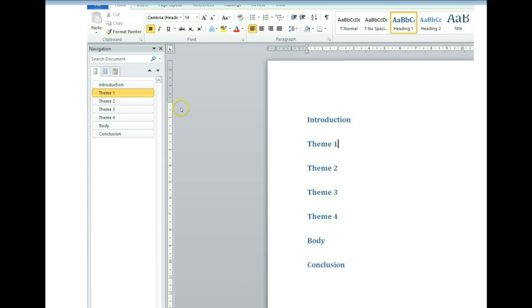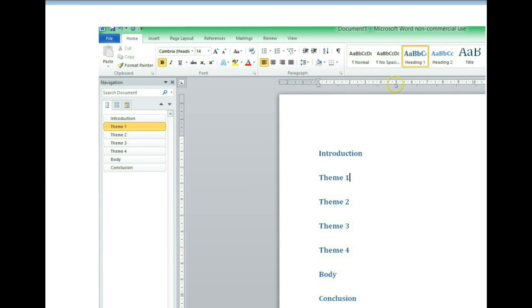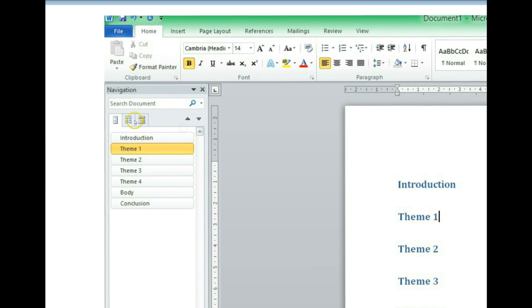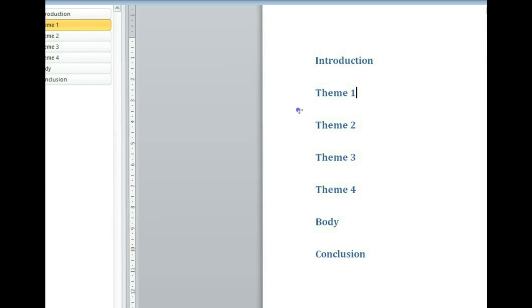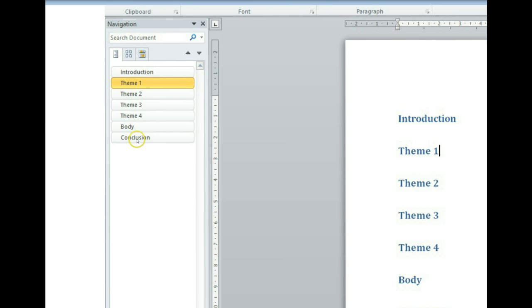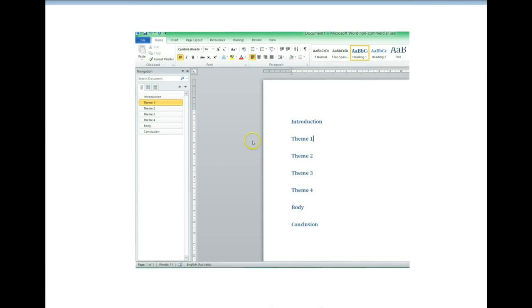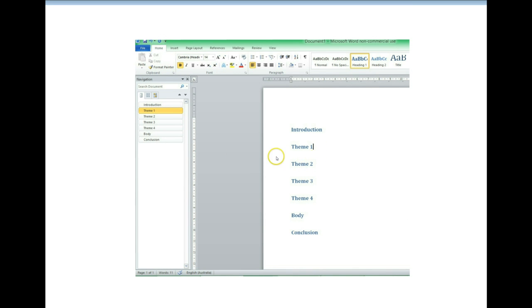I actually use Word 2010, and you can create subheadings and use heading buttons, like heading 1, heading 2. And when you click over here on the navigation bar, which you can get up by pressing Control F or Find, and you click on the one on the left, it will bring up that group of stuff that you can see here. All the headings will be up there nicely, and you can then click on one and drag it up and reshuffle, literally reshuffle at this stage. I can't do this as this is a photo. And the whole section, I should say, everything that you've written under theme 1 here, will then be shifted with it. It's a really nice feature of Word, and that's how I do my final shuffling stage before I get to the